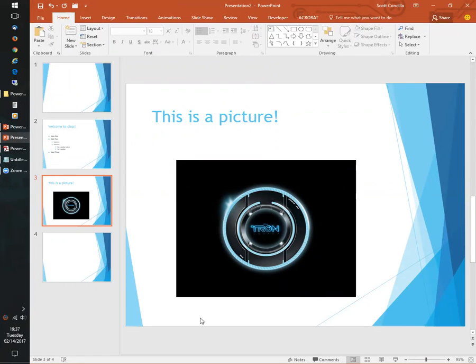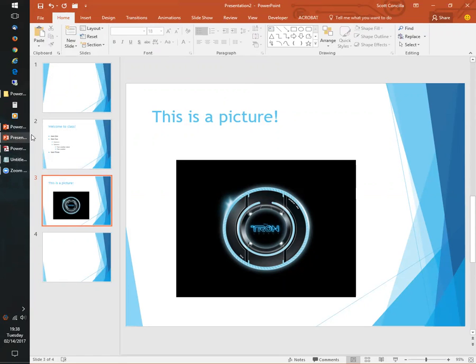Easy enough. Now again, I'm not going to get into a lot of stuff with creating slides. We're doing the setting up and designing. That's the point of this session. So I don't want to spend a whole lot of time teaching you how to create different things on slides. But I do want to emphasize that as you start to create your slides, please use the slide layouts and please use the placeholders that are already there.